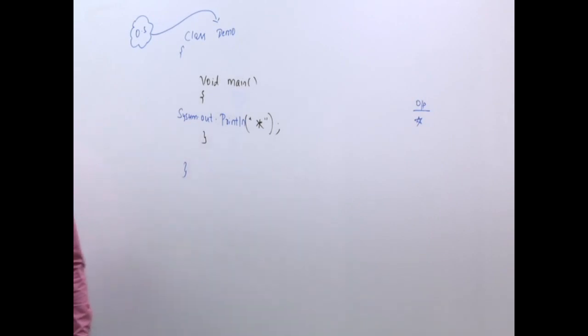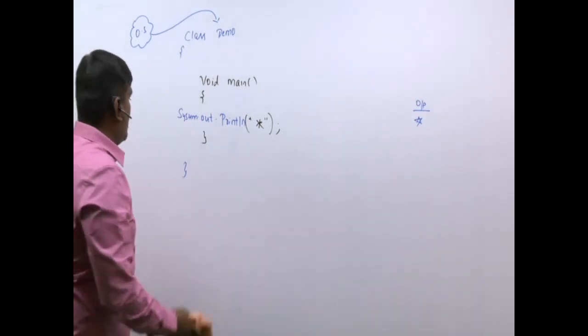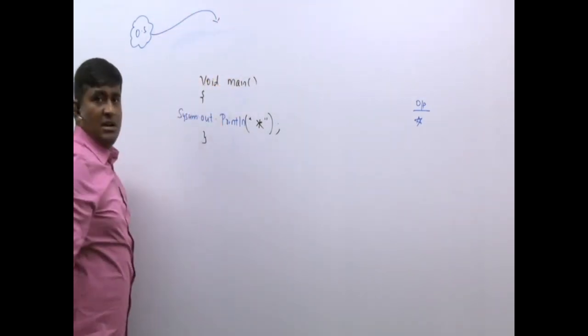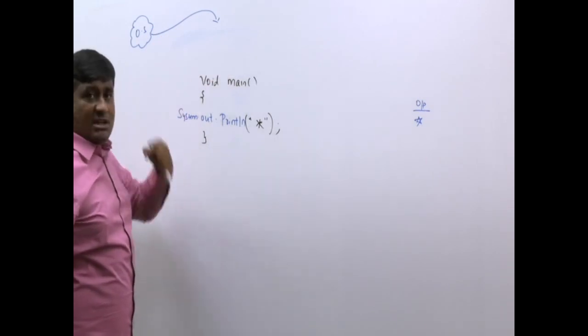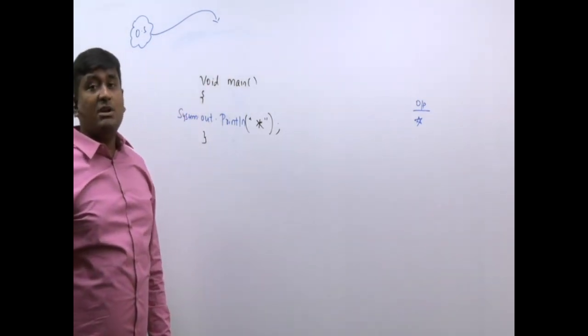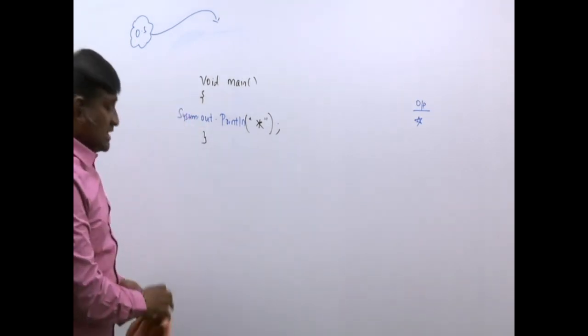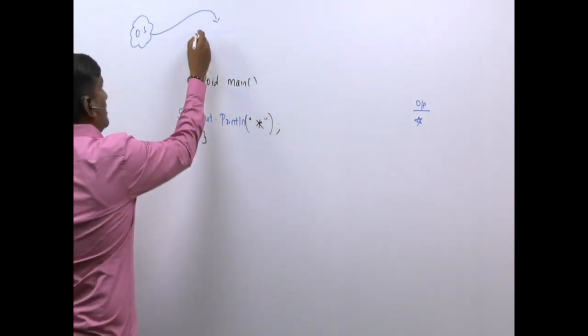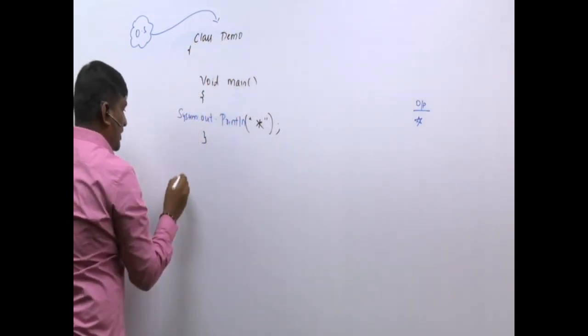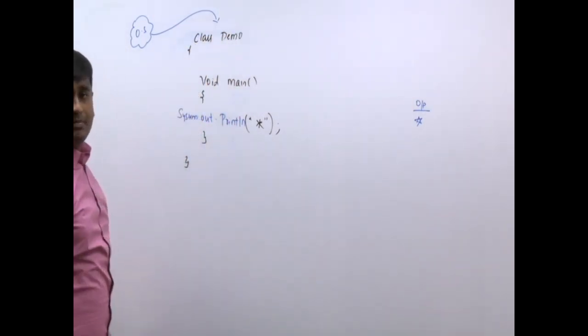Oh, is it, sir? What to do, sir? Many students will say, sir, you do one thing. You just remove this. Now, happily, OS can see the main method. Problem is solved. But just now I told you it is a rule in Java that whatever you write should be kept inside what? Class. Oh, okay, sir. Then put it, sir. Class. Name of the class, I will give it as demo. This is the opening of the class. This is the closure of the class.